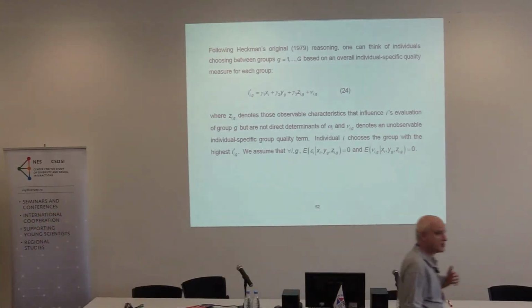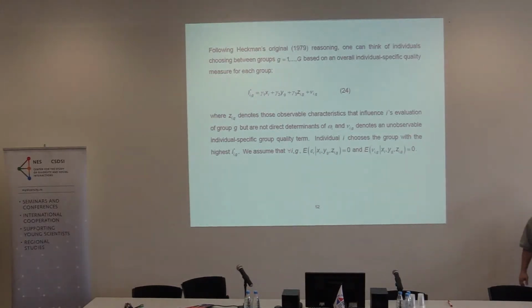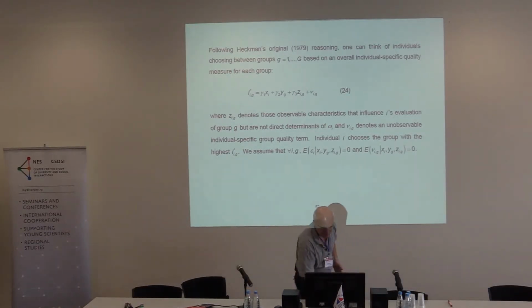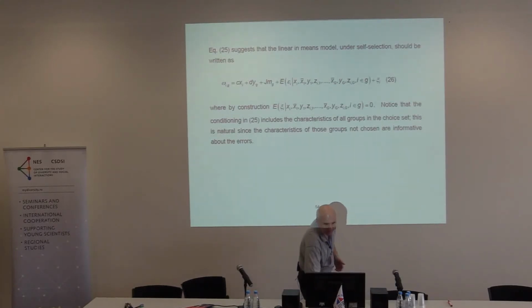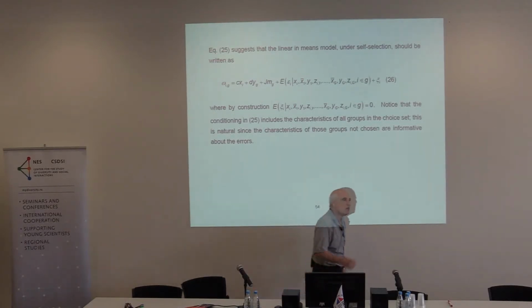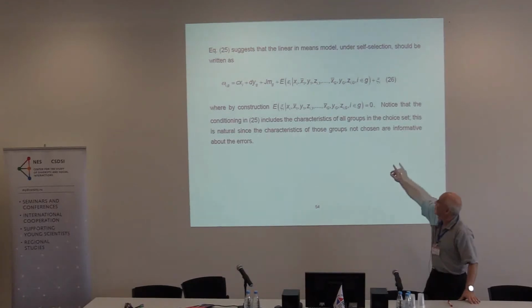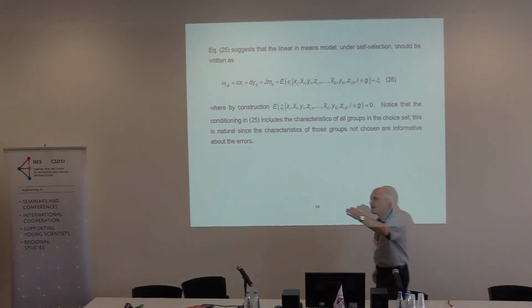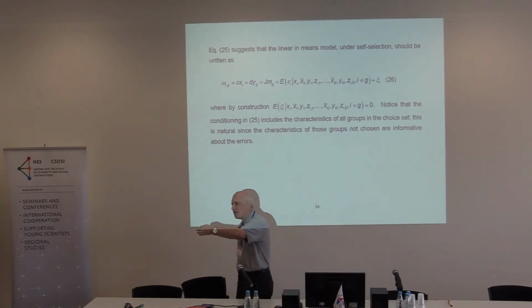And so the so-called Heckman selection correction, which is now generalized to be called a control function, is you control for the self-selection by putting in an expression that is the expected value of the error. So in other words, you essentially estimate equation 26. Step one of the procedure is to come up with an estimate of the expected value of epsilon given the group. That derives from economic theory. Now, if I observe that you're in a certain group, that should tell me something about the expected value of your epsilon when it is associated with the fact that you're in one group versus another.